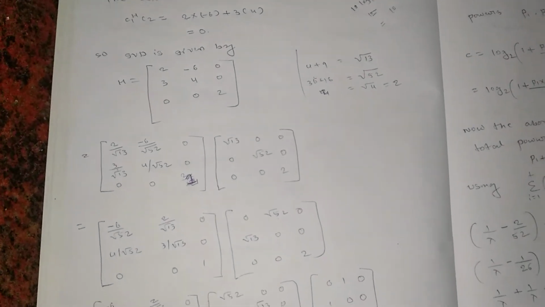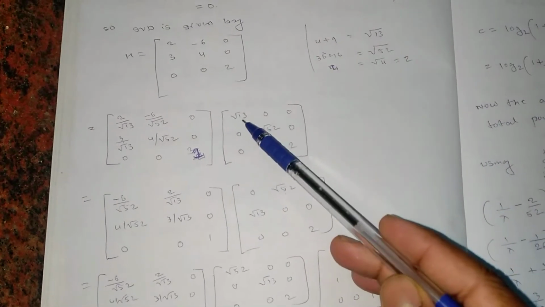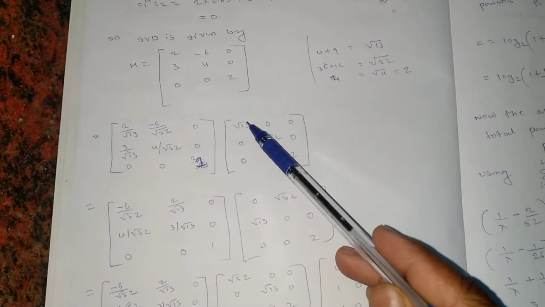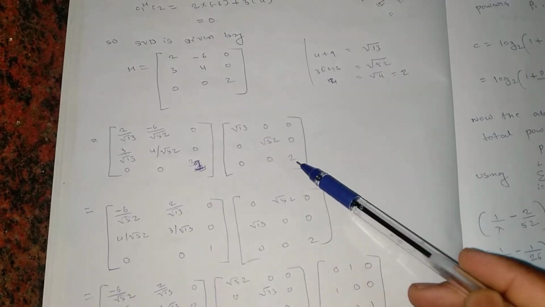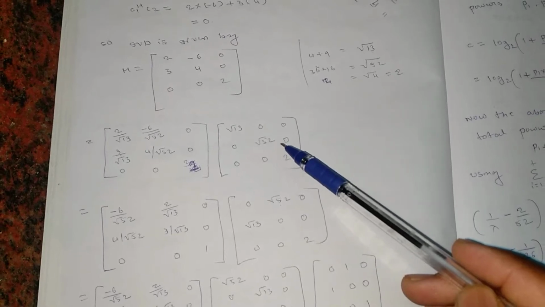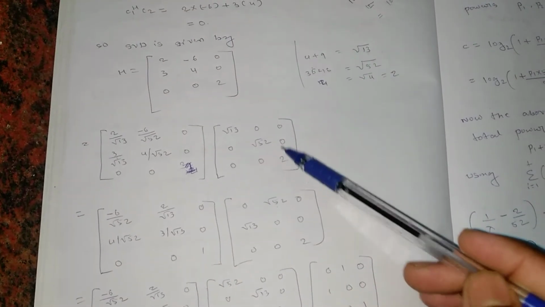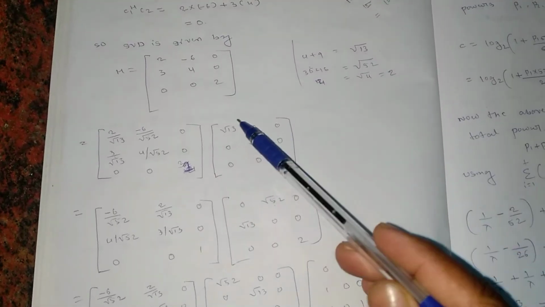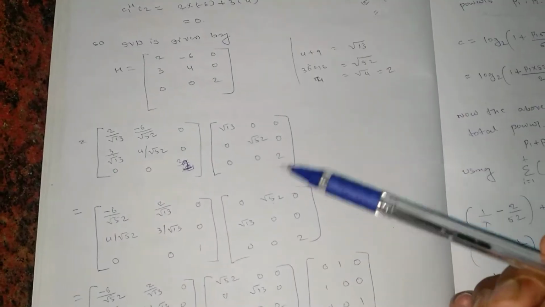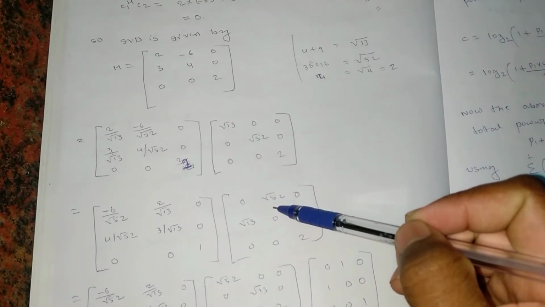Now the next thing is, we know the important property of SVD, that these values sigma 1, sigma 2, sigma 3, the value which is here should be greater than the value which is here and which is here. But in this case it is not like that. Root 52 is greater than root 13 and 2, so I want my root 52 in the first position, so I need some adjustments here. So what I will be doing, see, first I will try to switch these columns here.